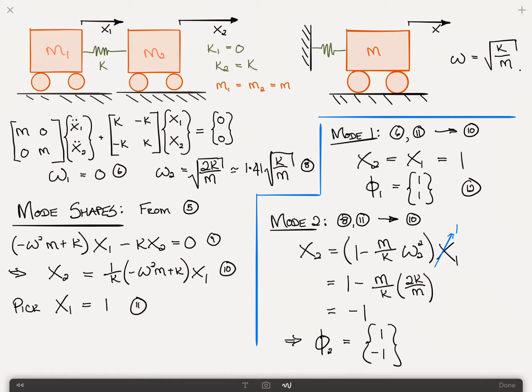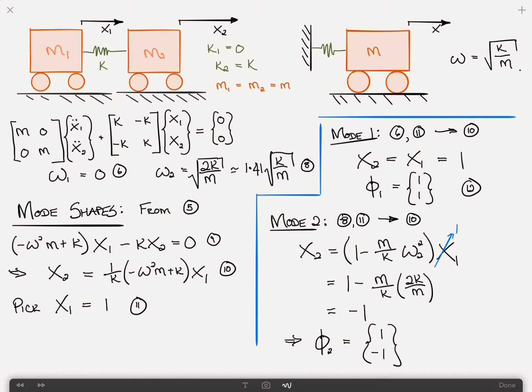So the first mode is when both coordinates displace the same amount. Phi1, for every 1 unit that x1 displaces, x2 displaces 1 unit. Well, what would that be? That would be the rigid body motion. It's basically saying that both masses move together by the same amount. That would be the rigid mode, and we know this because we know the frequency is equal to